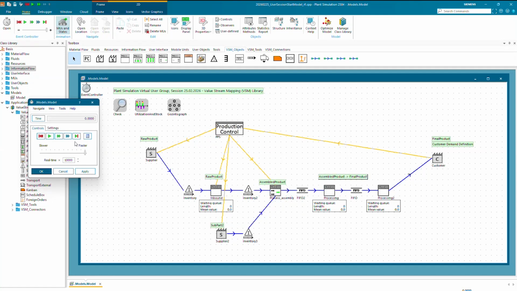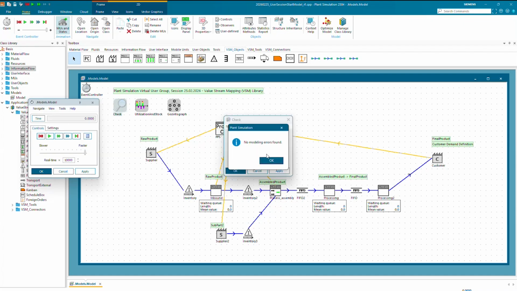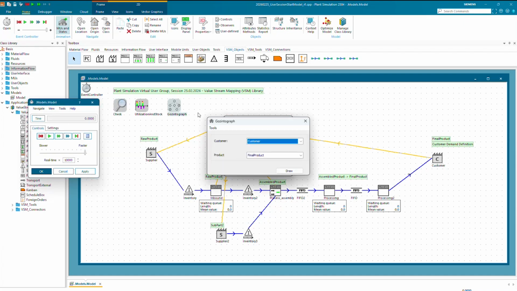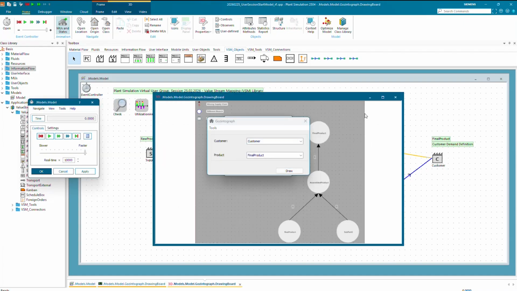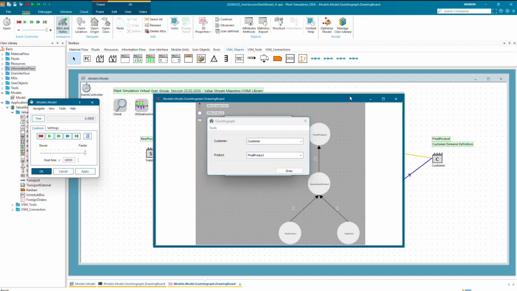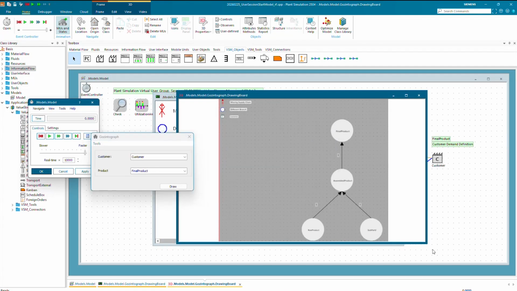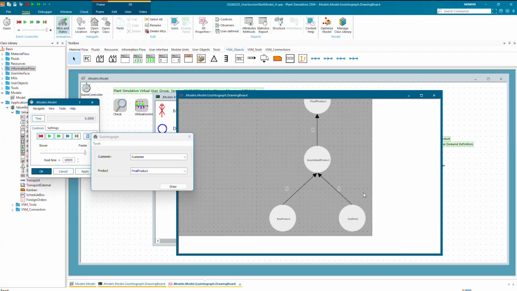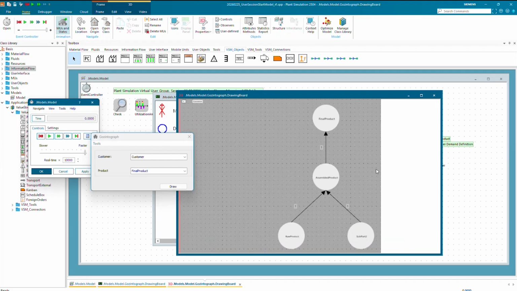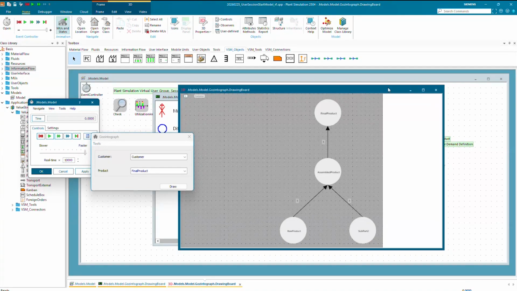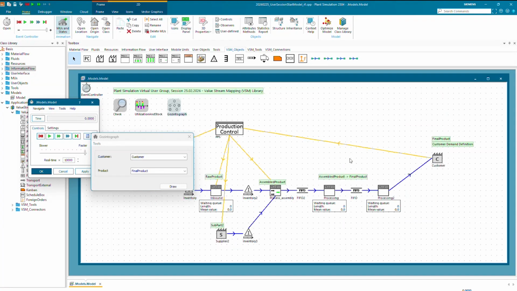So let us check this. Okay. And then the product would look like this. So we would have an assembled product, base part, raw product coming in. So it's maybe a more complex product structure, not complex, but you get a more structured Gauss-Syntrograph or product structure, which could then be extended further down the line.